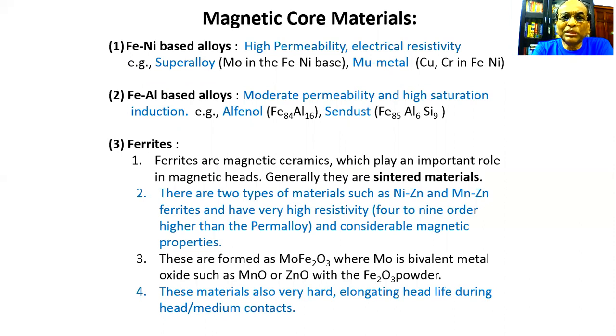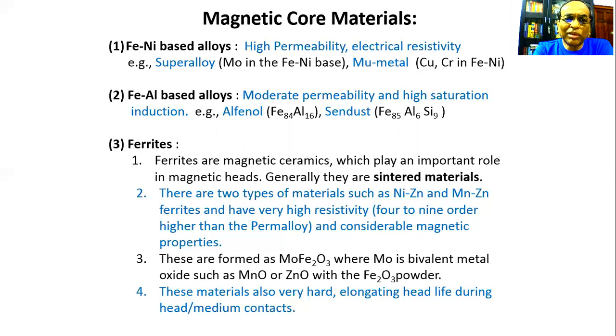So as we have mentioned, here in the head, magnetic material is used. What are the magnetic materials usually preferred and used? Iron nickel-based alloy, high permeability, electrical resistivity is higher also, and superalloy, molybdenum in the iron nickel base, mu metal, copper chromium in iron nickel. The iron nickel based alloys are very frequently used,